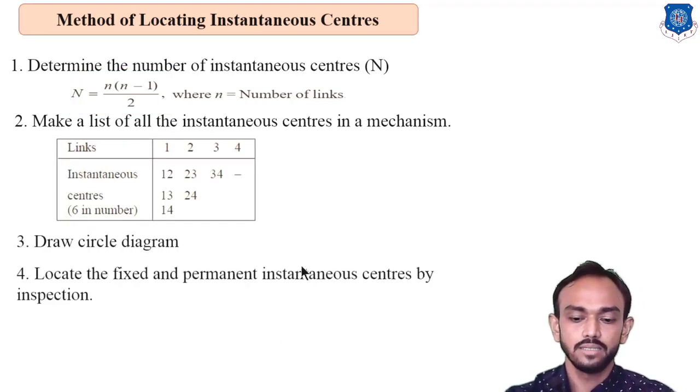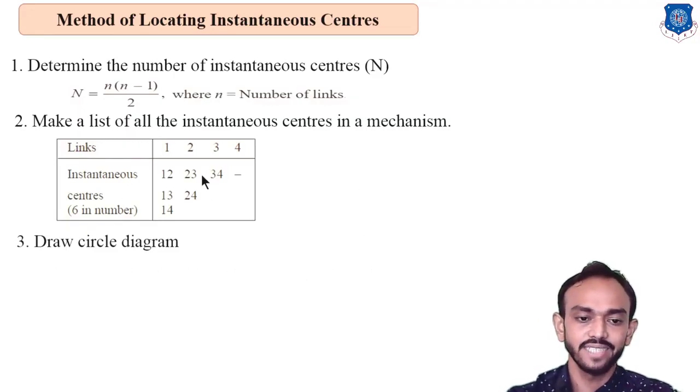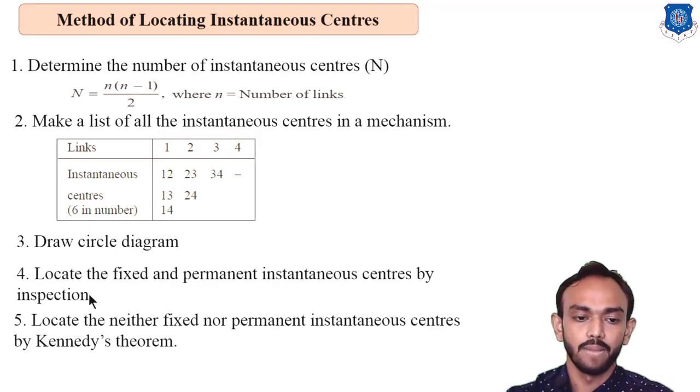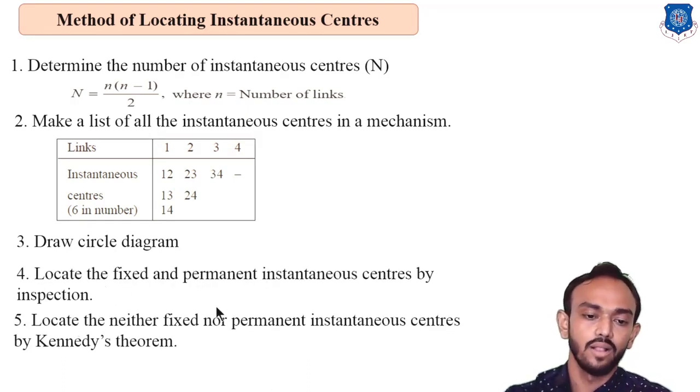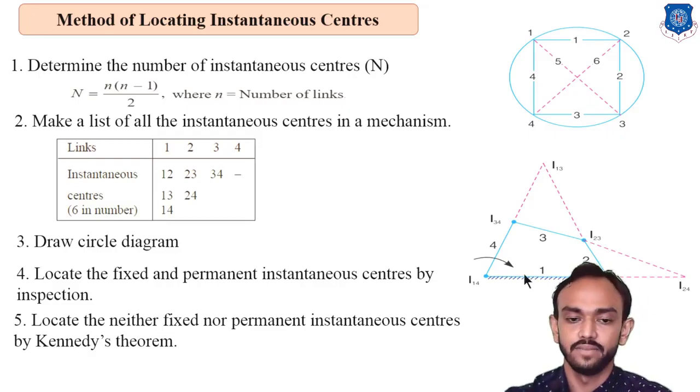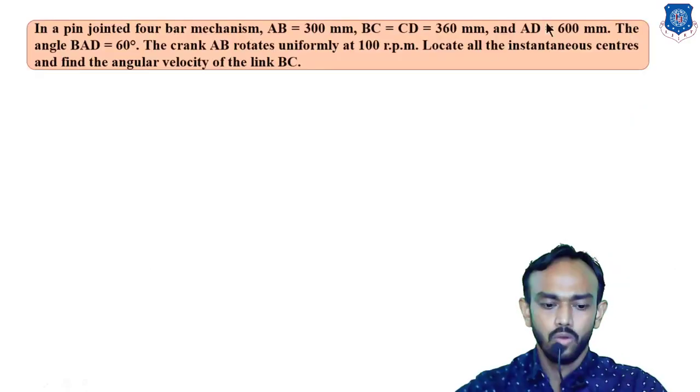Then you will draw the circle. This circle is for the connections. Which eye center, how can you find this eye center? There is a circle diagram, and we are going to learn that. After that we will locate all the eye centers and get this type of total mechanism, and how this circle diagram will be helpful in our example. Let's learn that.